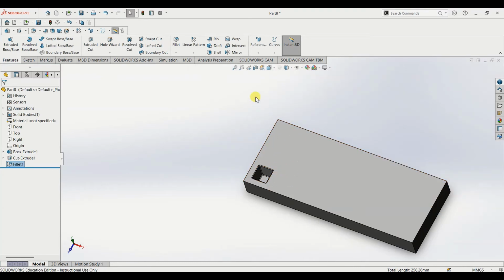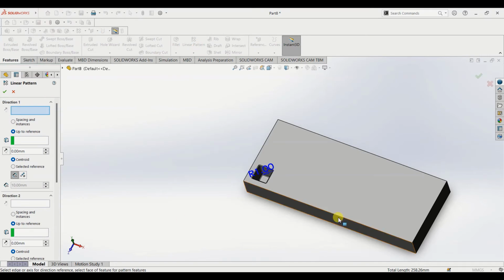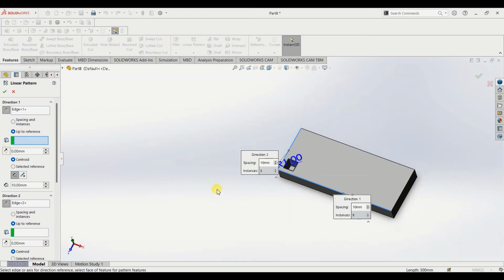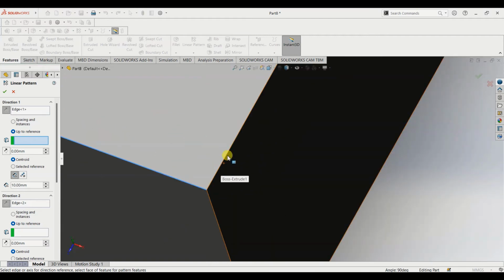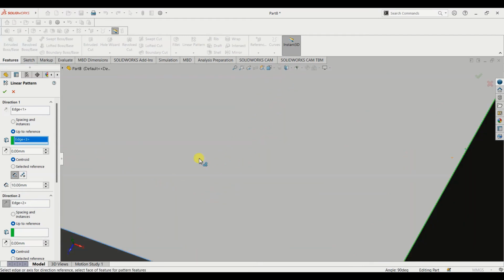Now I'm going to use linear pattern to pattern this on the surface. Select linear pattern, and for direction 1 select this edge, and for direction 2 select this edge. Also make sure that you have up to reference selected. So I'm going to select a reference line for direction 1. So select this edge as reference line for direction 1, and